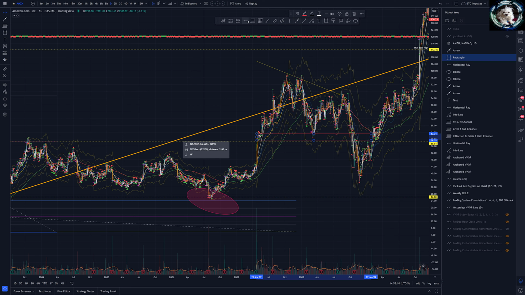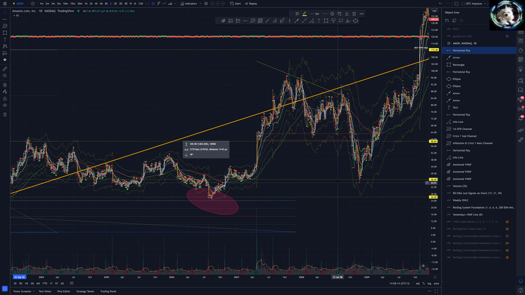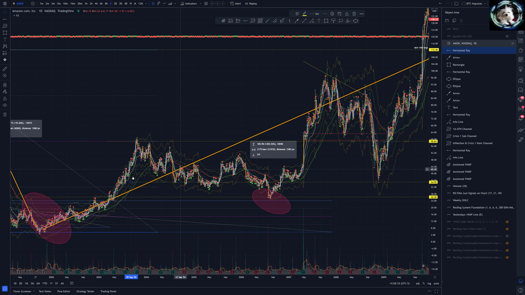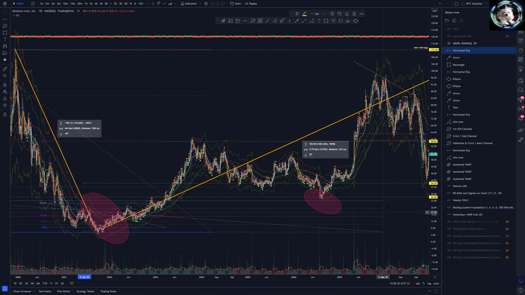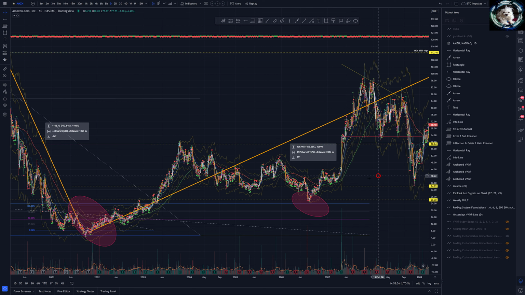So we'll just go here and we'll just align this with here. Just say where it stopped. We're not going to be completely accurate. Once again, this is for example purposes. So we're not going to try to be so accurate, but we're going to be accurate enough so that in the videos going forward, we can talk about the same patterns. So where did it stop? Well, it stopped at a very interesting area. If you look at this chart here, and I know there's a lot on this chart right now.